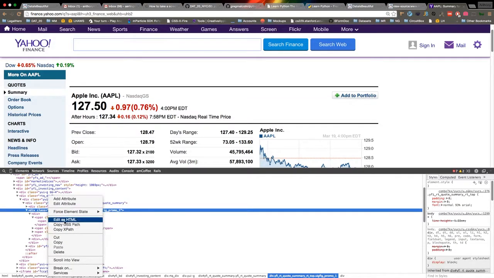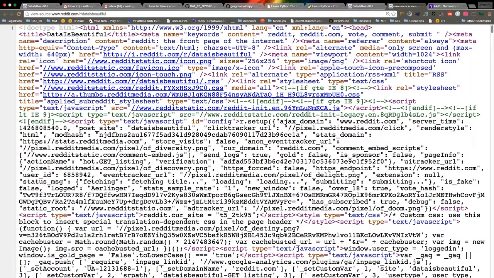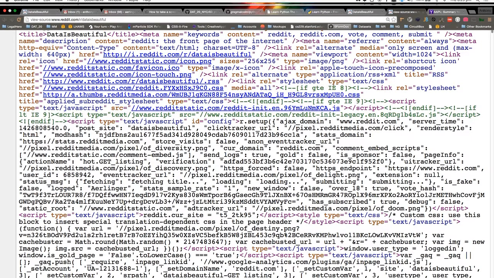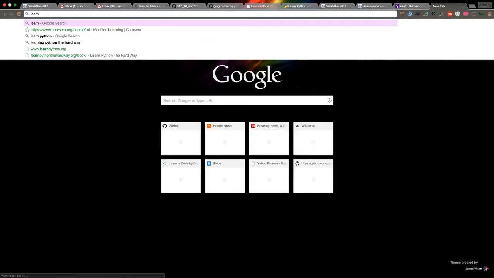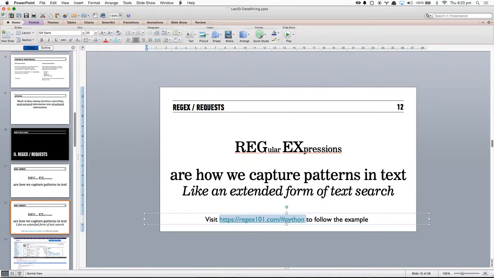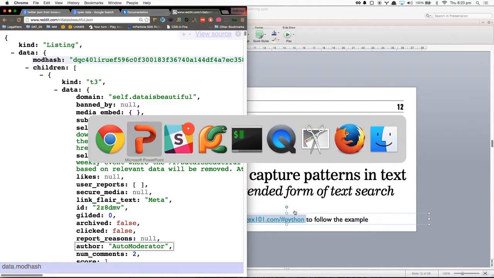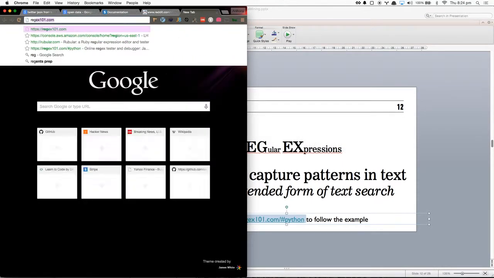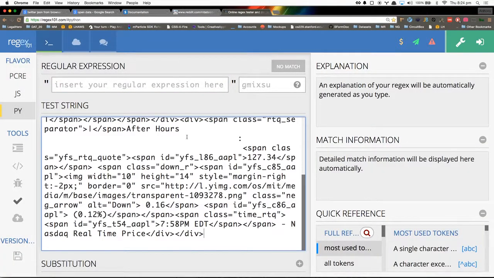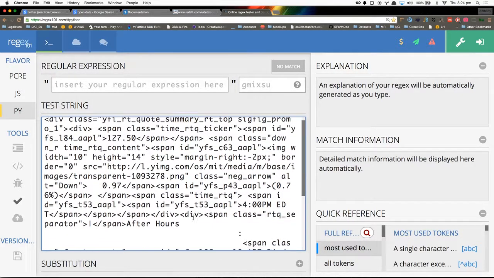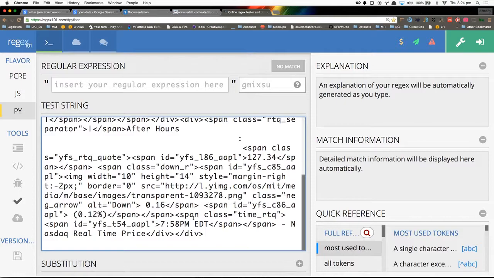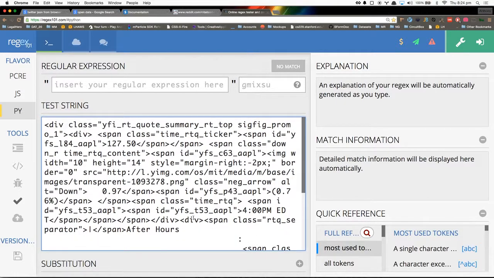I'll copy this. So I have this long string, which is basically just a section of the DOM for the Yahoo page on finding that stock price on Apple.